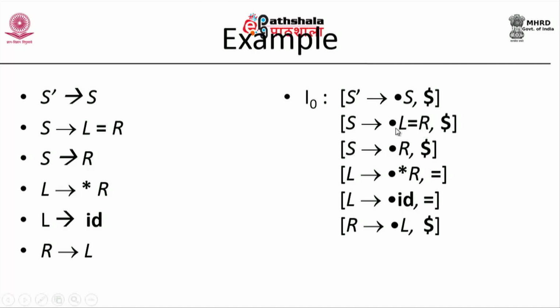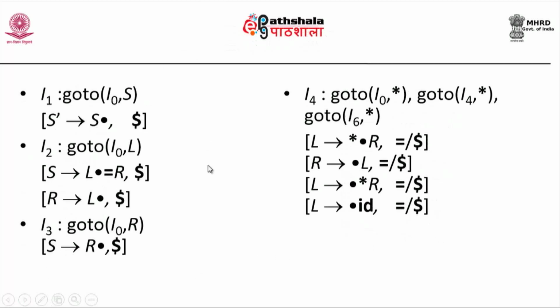Now here I have an L and an R available here, which is now called B. Beta is equal to R here, beta is epsilon here. So here I have to have my first of beta A as equal to. So at the productions of L, my second look ahead symbol happens to be equal to. Similarly for here, my look ahead symbol happens to be dollar. So this is what is done, and so is the case with all other stuff.